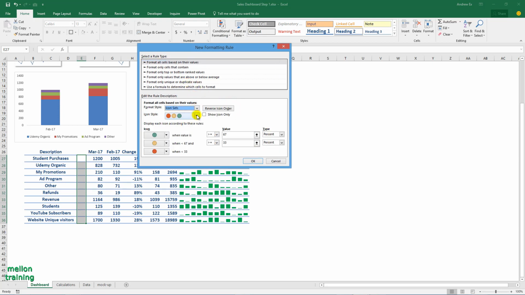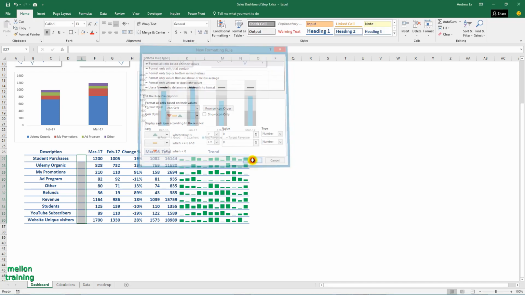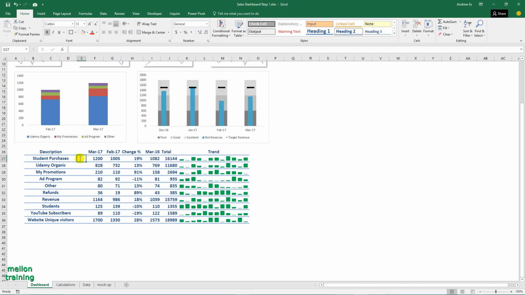New rule, icon sets. Add the rules. And OK. Add a reference to the cell. Copy all the way down and the dashboard is ready.